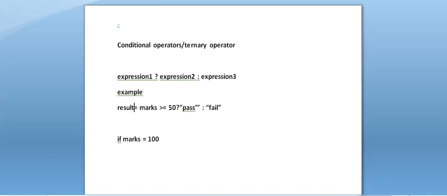This means if marks is greater than or equal to 50, then the student will be declared pass, and if this condition is false, meaning marks is less than 50, then he will be fail. Fine. And we are taking here, if marks is 100, 100 is greater than 50, the result is true, so result is equal to pass, as 100 is greater than 50. And if